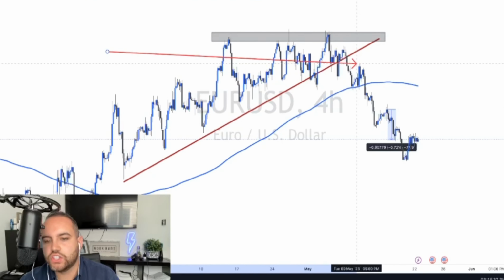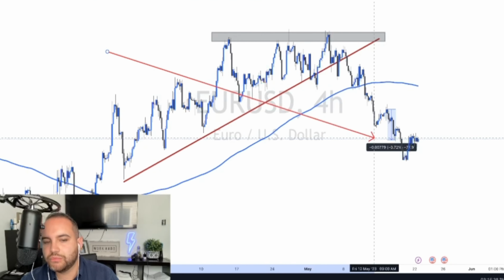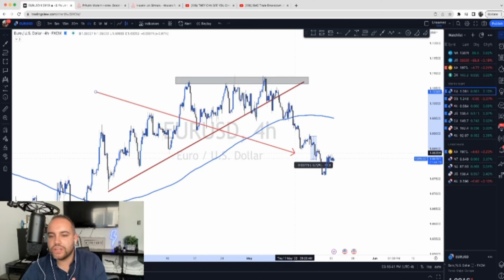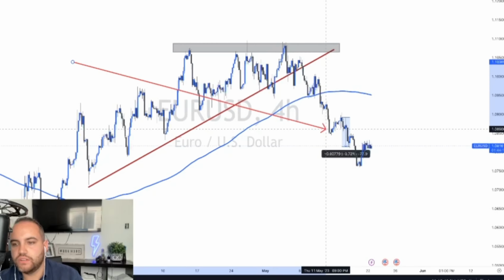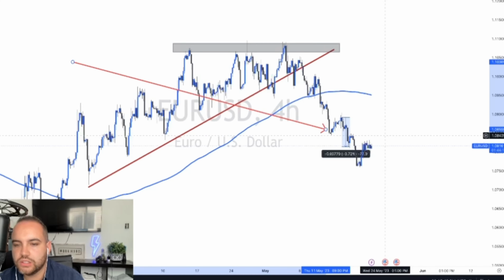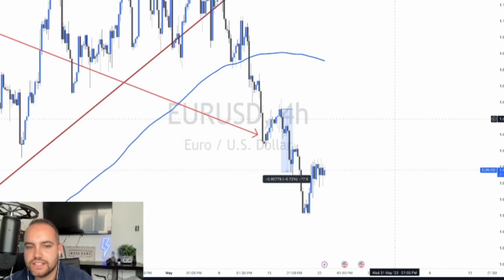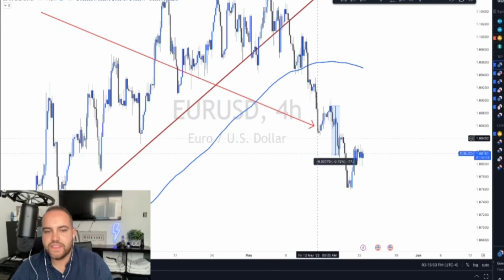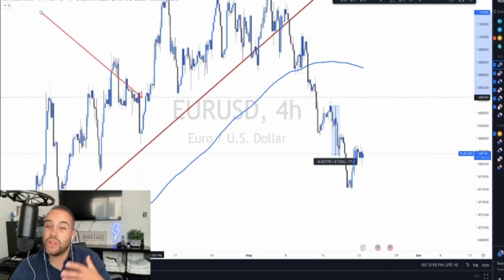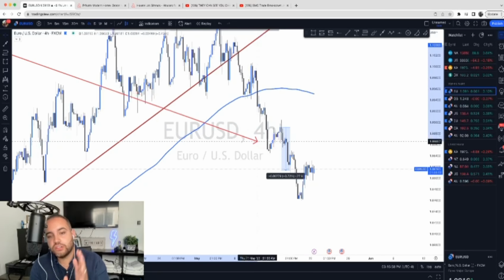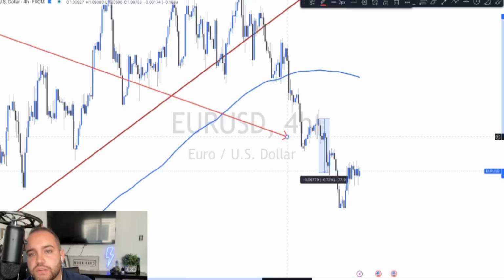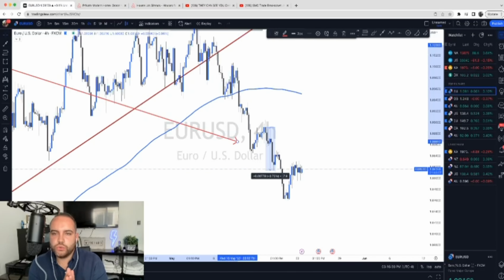Not only that, we got the strong momentum push. And I noticed that price was starting to give us some sort of a pullback. If we zoom in closer, team, this is what I saw. Price gave us strong momentum, and then price was starting to give some sort of exhaustion. After a push like this, take note of this, because it's always important when we look at the market. Price is always going to give us some sort of an exhaustion phase. It's going to take a break, right?